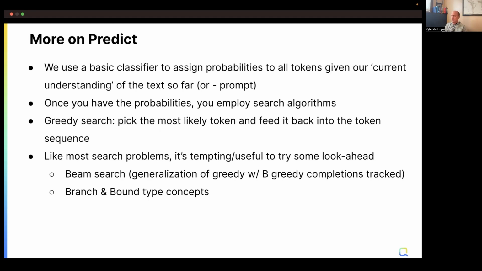But oftentimes, it's beneficial to try some more advanced search algorithms, similar to when you're playing games. Sometimes making the most greedily obvious choice doesn't pay off in the long run. And so those same sorts of search algorithms are used to generate the completion coming out of a generative model, like an LLM.